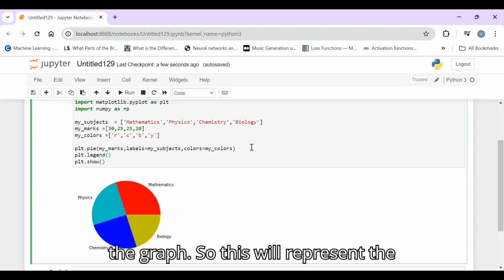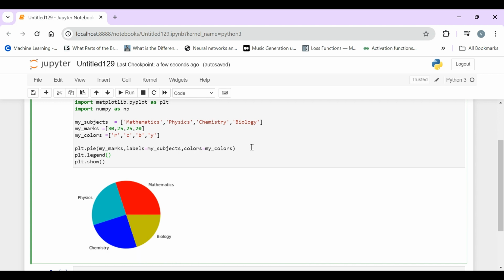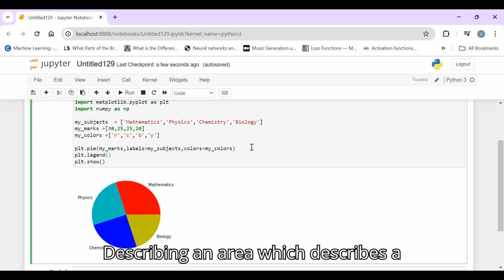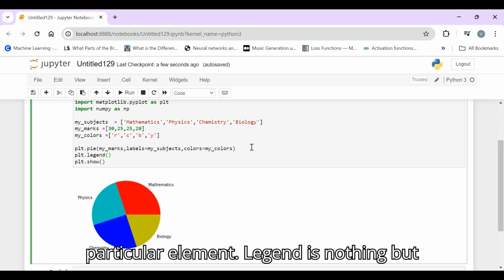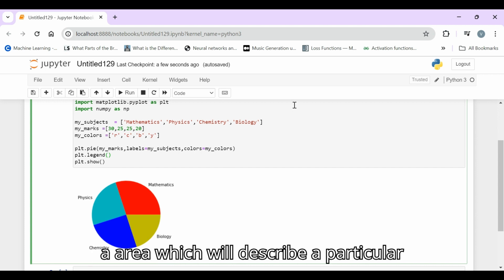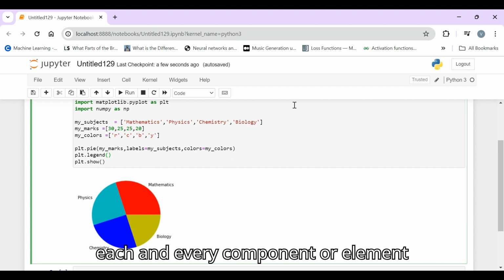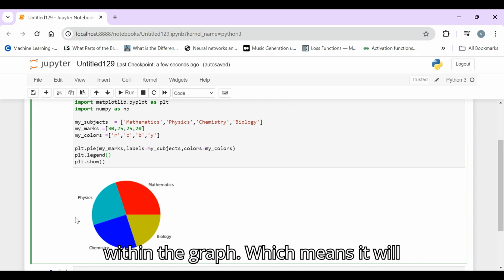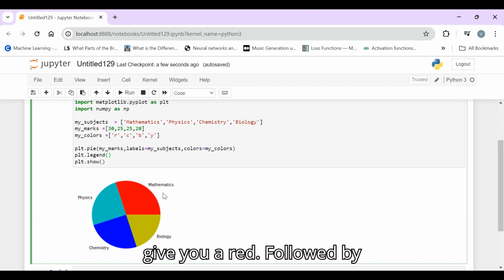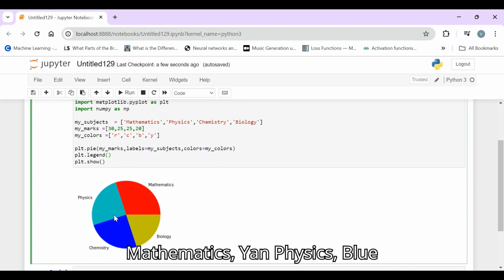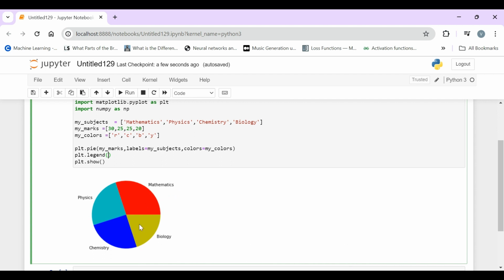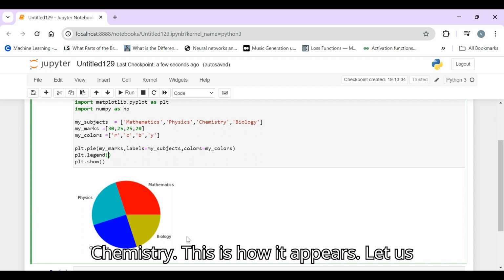Legend is nothing but an area which will describe each and every component or element within the graph, which means it will give you red followed by mathematics, cyan physics, blue chemistry. This is how it appears. Let us run and check.